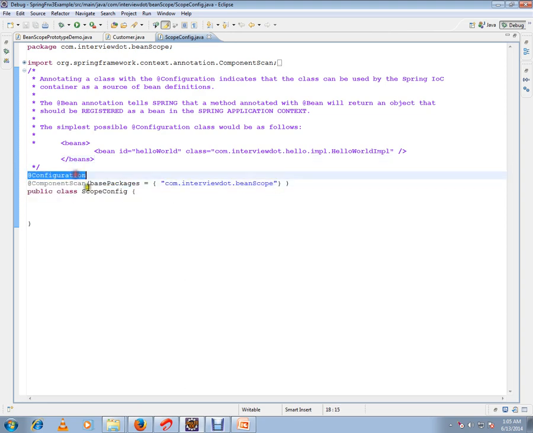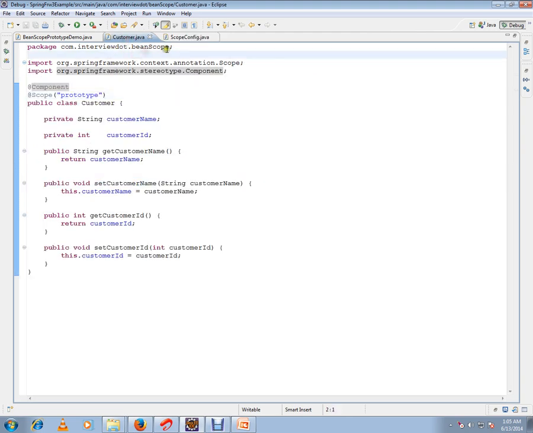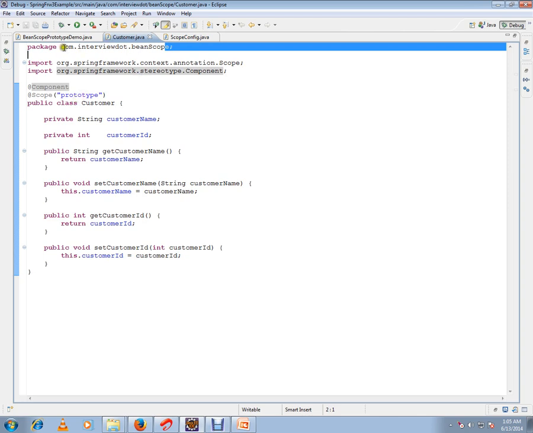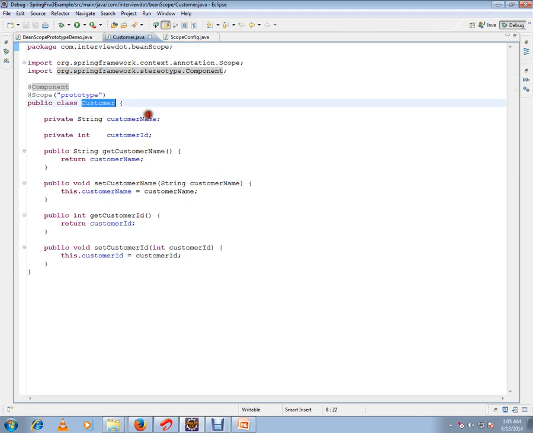So this is the configuration annotation. It means this is the Spring configuration file, and component scan means this is the package where beans are available. If you see here, this is the package name, and customer is one of the beans which has to be registered in the Spring container.